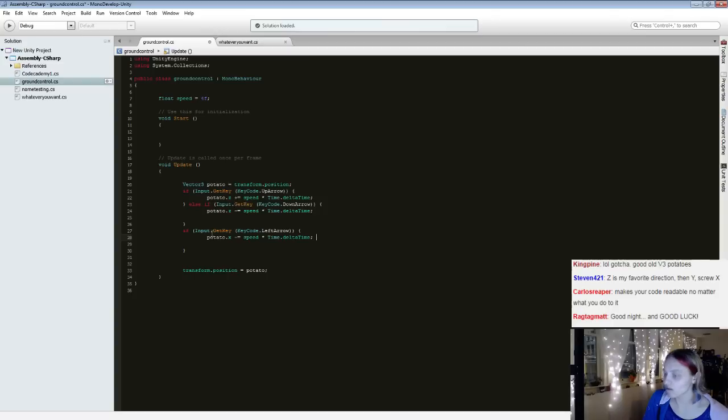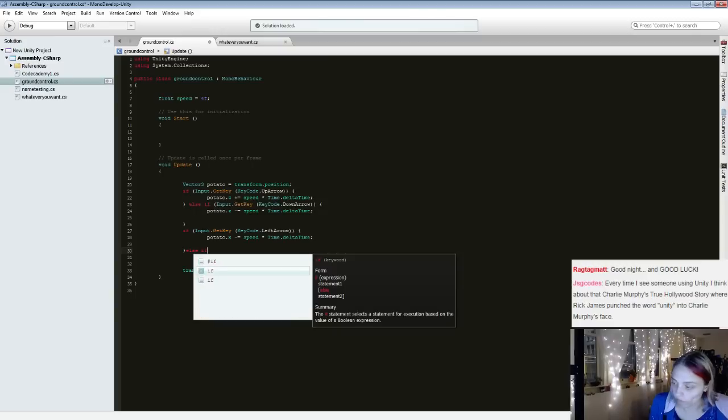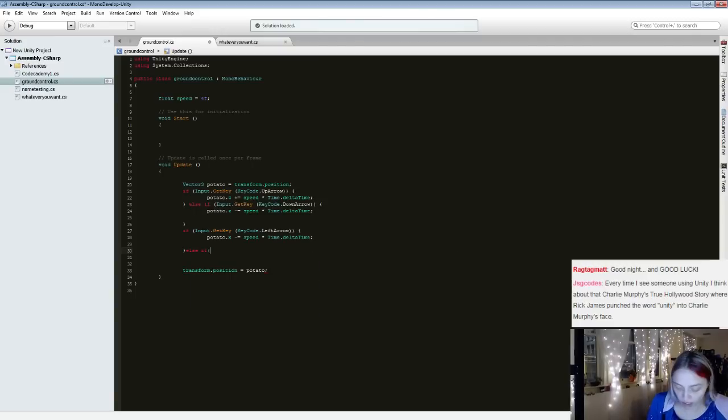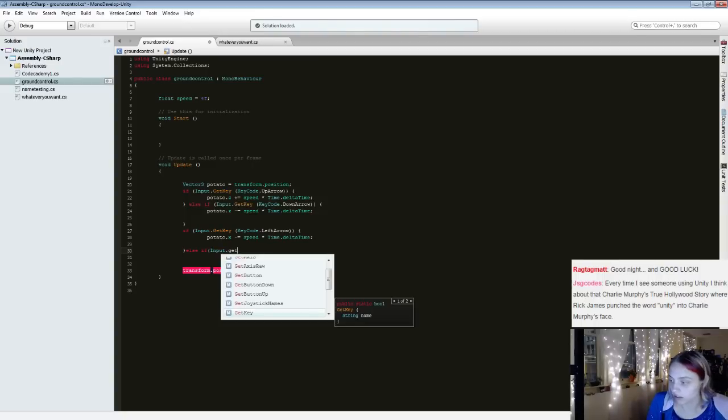What am I doing? I'm making another else if statement. Else if input, whoops, not int, input. I didn't capitalize the I. That's why it was freaking out at me. Dot get key